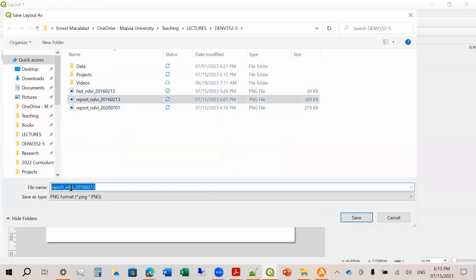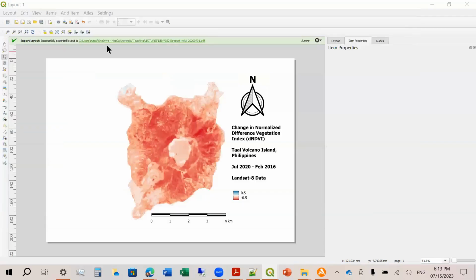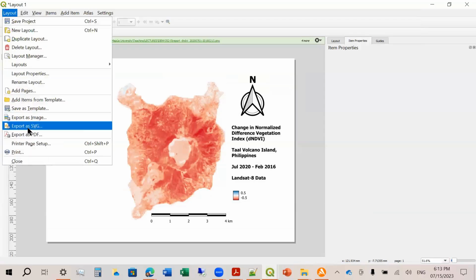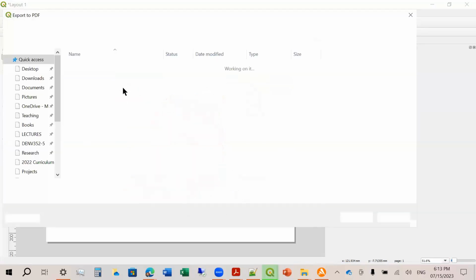And then export that as image. So this is DNDVI 2020 July 1 minus 2016 February 13. And save. Okay, and then save it again as PDF if you want.